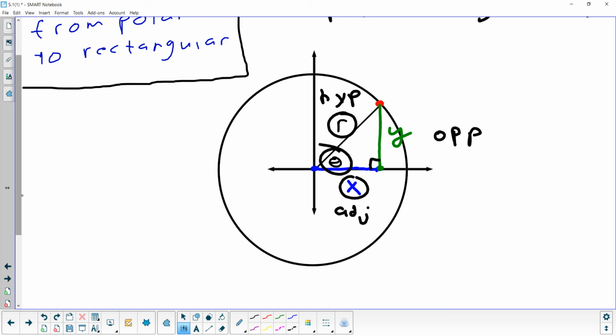Anyone remember? It's from the week before we did the graph. Which ones are we using? We're using adjacent and hypotenuse. Yeah, that'd be sine. Nope, or not maybe sine, cosine. Which one? That would be cosine. Cosine of what we get plugged in right there in this problem. Cosine of